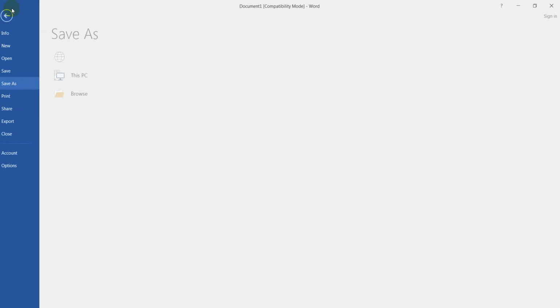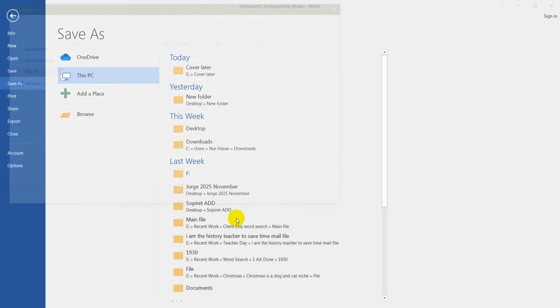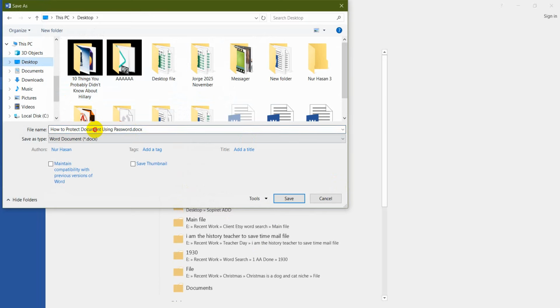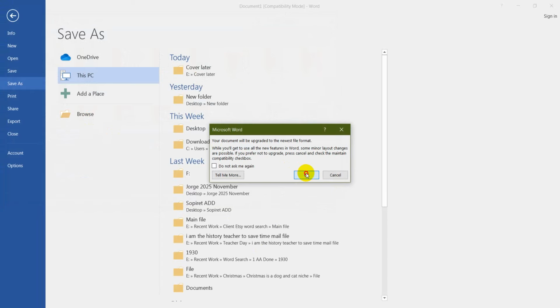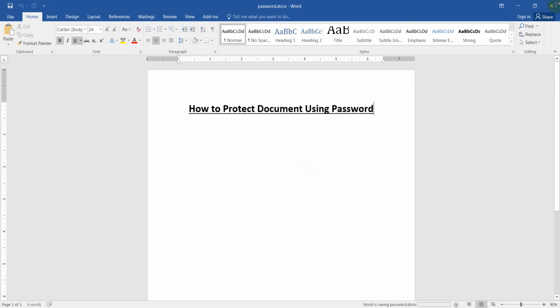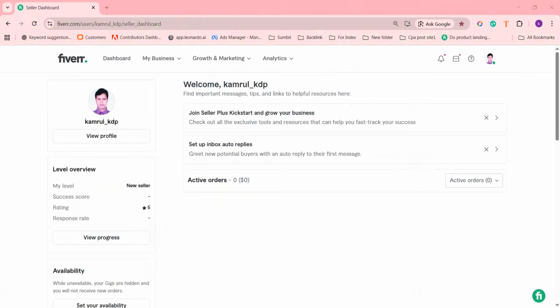Our task is just to save the document. I just save the document using the name password. OK. Now just close this document and